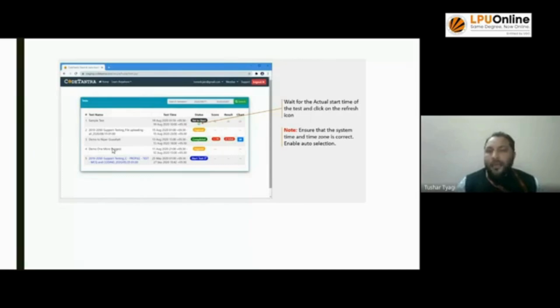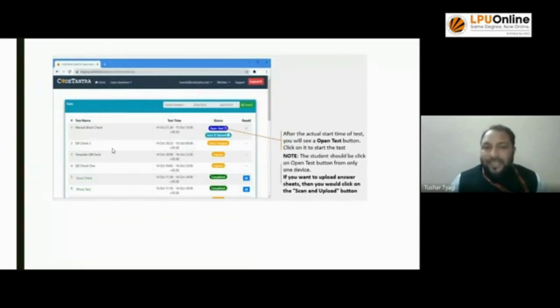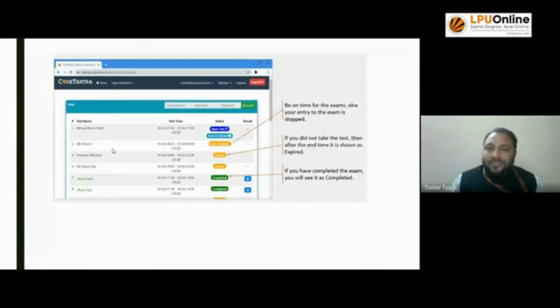So it is advisable, whenever you are having your exam, to be well prepared, check your devices, and check your internet, right? So let's see how you would enter to give a particular exam and what permissions need to be given, right? For example, I'm having a test, so just click on open test. It is designed for a particular date. Click on open test, right? You could see some of the tests have been expired, meaning they have already been done. And for some examinations, you could see the entry stopped, meaning you have not joined that particular exam within the